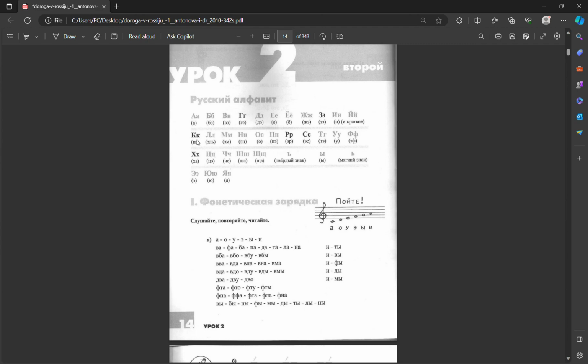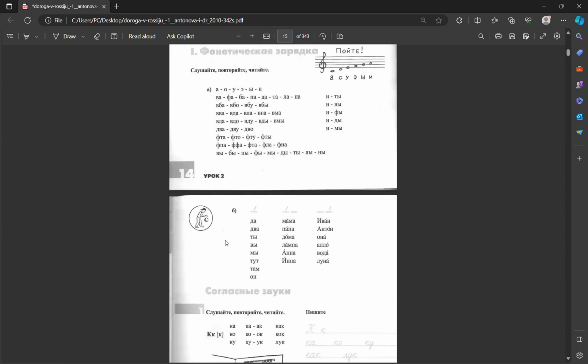Now that we've got these alphabets, we will be moving on to the next part of the lesson, which is слушайте, повторяйте, читайте, which means listen, repeat, and read. We're going to read some of these letters combined, even some that are not combined. Let's take these examples. A, O, U, E,